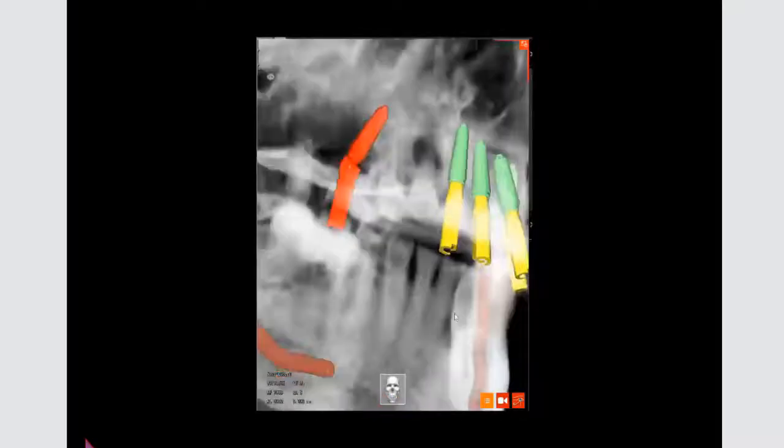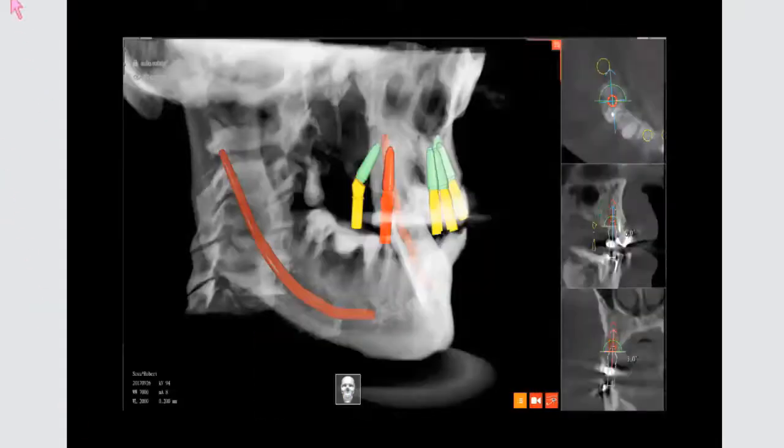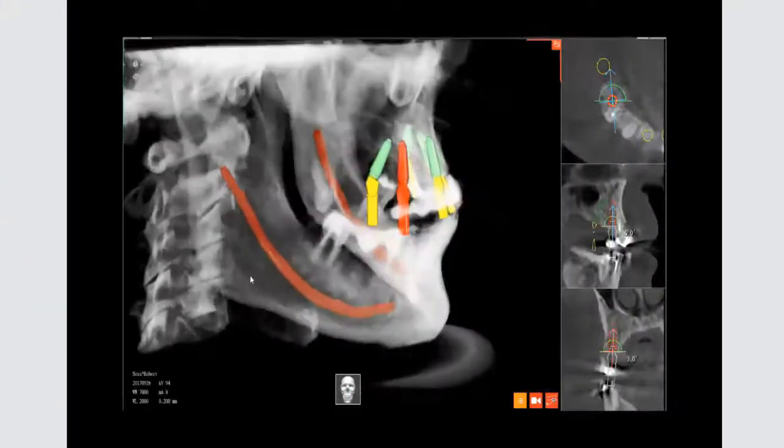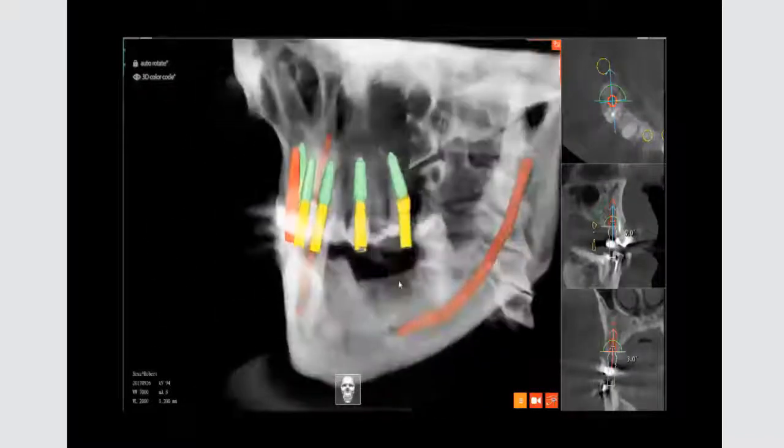So it's one thing to have a tilted implant, it's another thing to be able to match it with the prosthetic components for whatever case that you happen to be using, the restoration, whatever the manufacturer, of course,